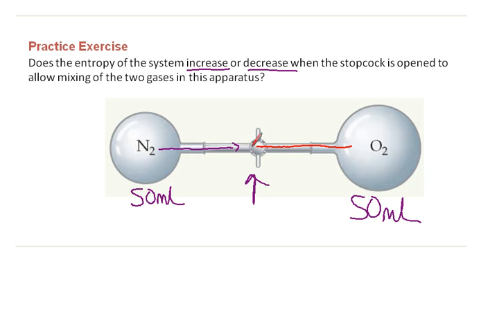And you're going to open the stopcock, and what's going to happen is O2 is going to flow one way, and N2 is going to flow the other way. But not all of this N2 is going to make it into the O2. So you're still going to have N2 over here, but you're also going to have N2 over here, and you're going to still have N2 over here, and you're going to have some, we might as well make the O2 the N2 color now, O2 here still, some O2 here, and some O2 here. So